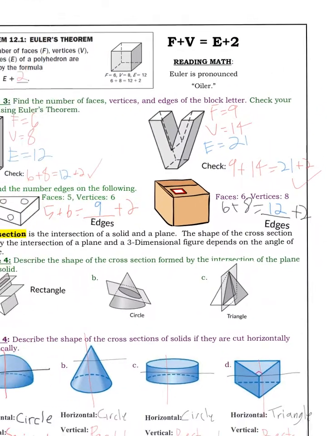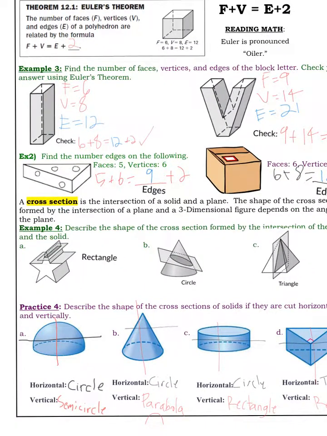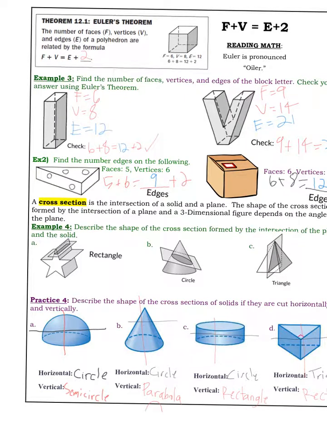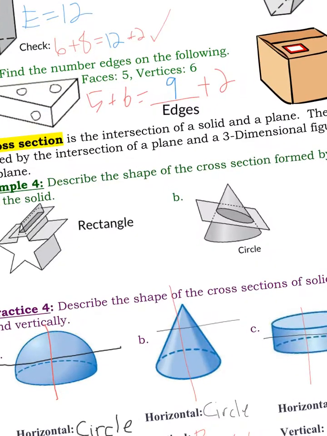Okay? And now we're going to go over cross sections. So a cross section is if you sliced into a three-dimensional object, what would that slice on top look like? So three-dimensional objects are comprised of a whole bunch of two-dimensional objects just all stacked together. If you got a whole bunch of rectangles and stacked them on top of one another, you get a rectangular pyramid,